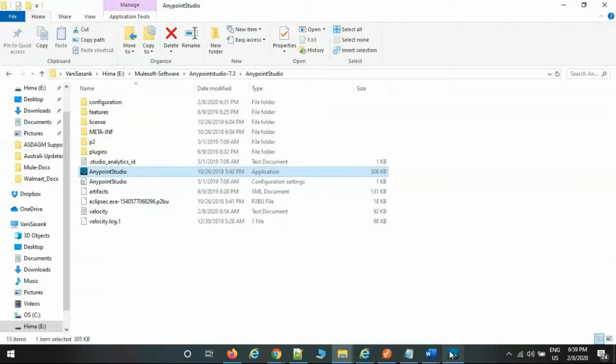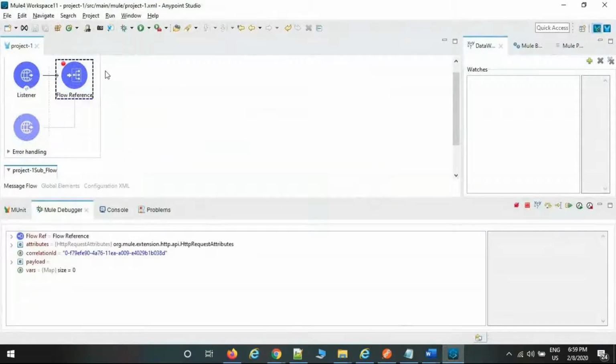Now go back to Studio and verify. The flow got stuck up here only because you put the breakpoint, and it won't move to the next palette unless you trigger it. How are we going to trigger it? I want to move to the next palette. Here, next processor is available. The shortcut is F6, or you can select it, or else the cursor move is also available.